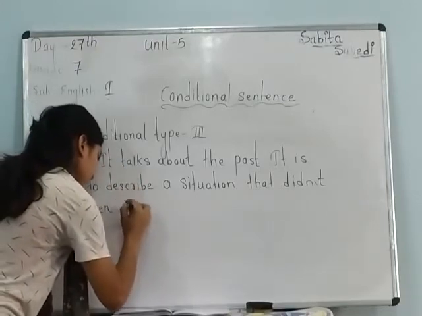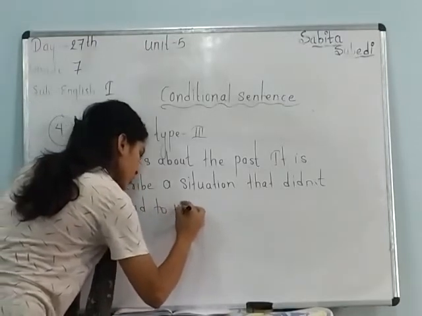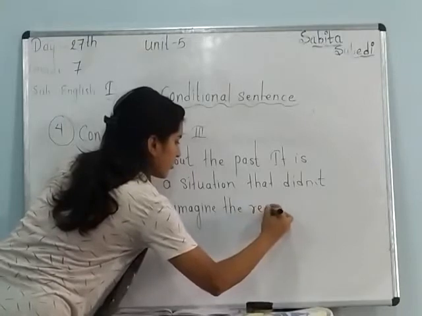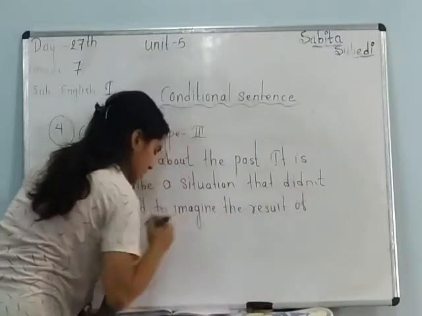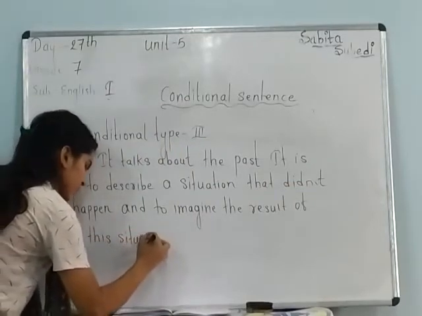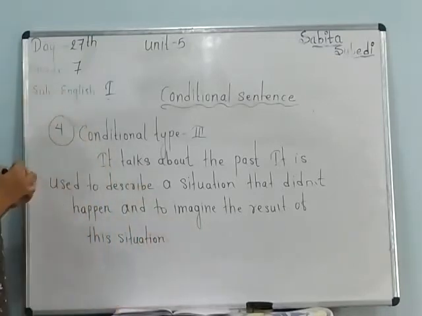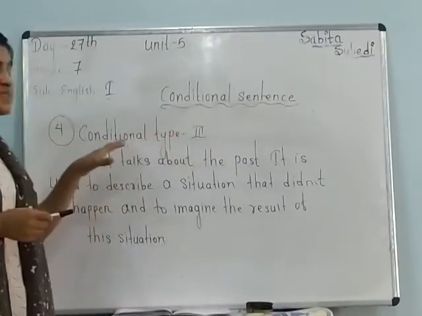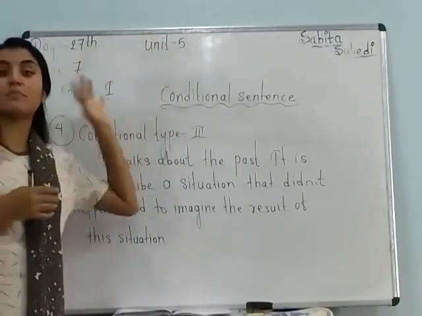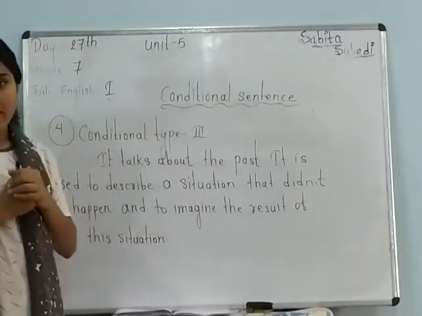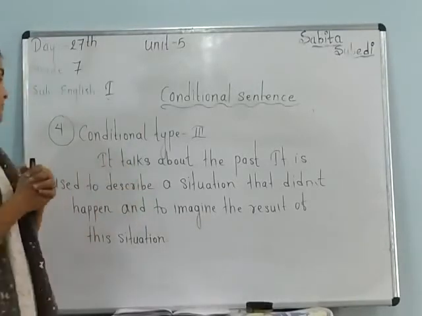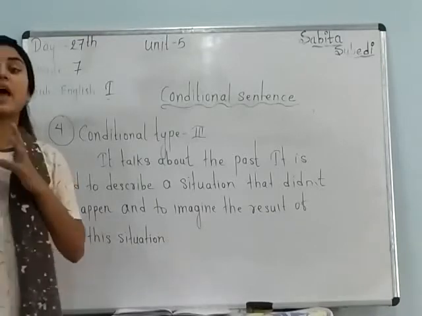And to imagine the result of this situation. So this conditional type 3 basically talks about the past. It talks about a past thing, a past event. We use conditional type 3 in that case where a situation did not happen,